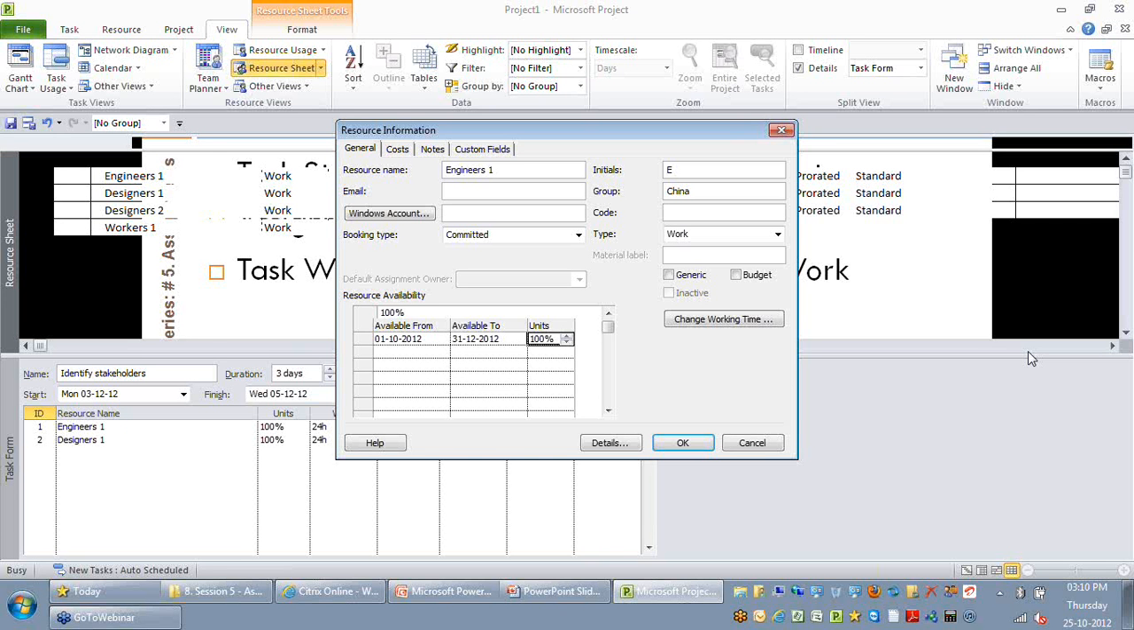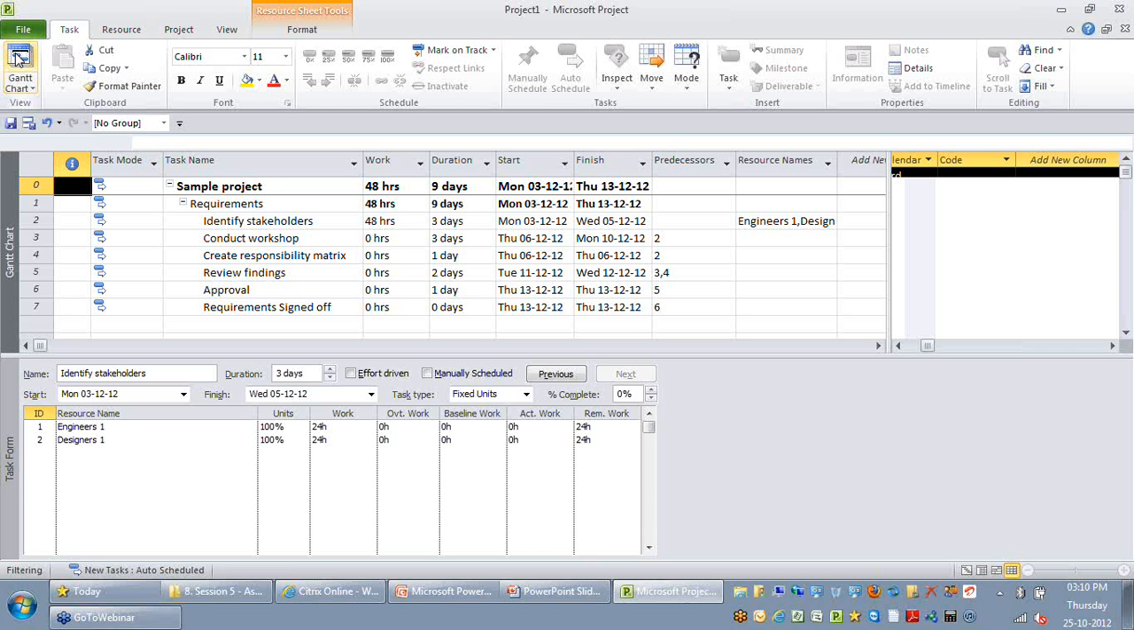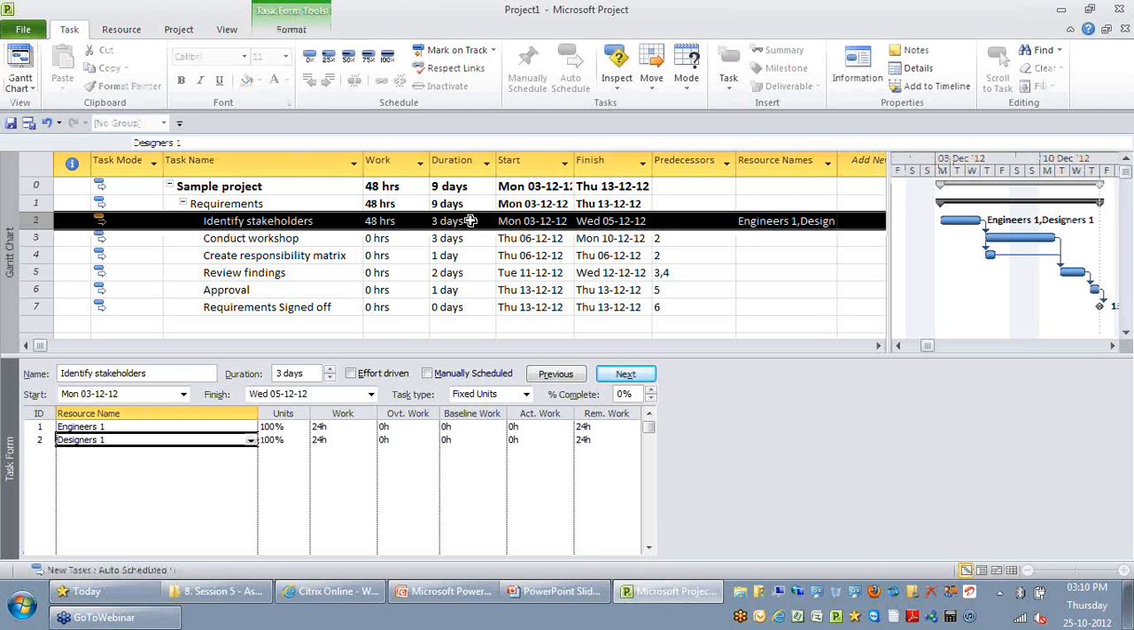that engineer 1 and designer 1 are working on this activity for 8 hours per day for 3 days, which means they are allocated to this activity at a flat percentage. Maybe you want a different percentage on different days. Maybe on the first day you want them to work only 50%, the second day 75%,